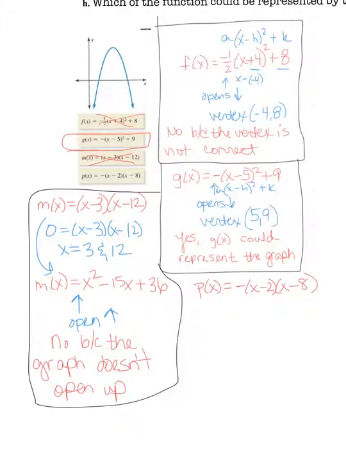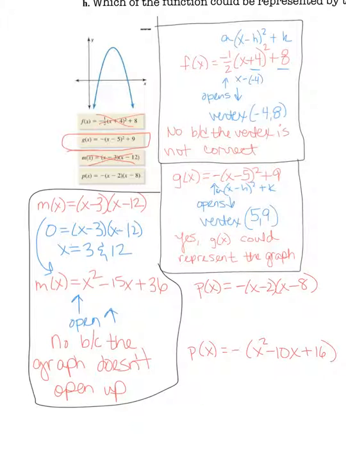Okay, so I don't even need to FOIL it, but if I did FOIL it, I would get, and I'm going to write it down here, p of x is equal to negative parentheses x squared, and then you have x times x is x squared, x times negative 8 is negative 8x, and negative 2 and negative x is negative 2x, so you add those together, get negative 10x, and then negative 2 times negative 8, you get a positive